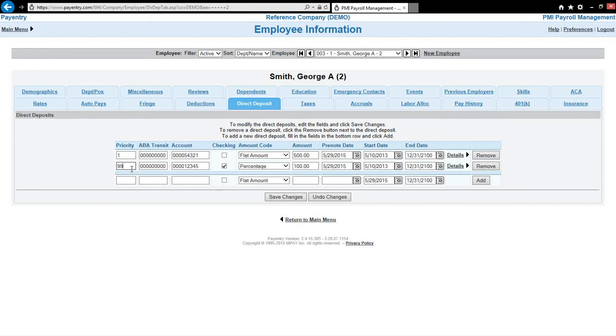If the employee has multiple direct deposits, start with a priority number of 1 for the first direct deposit, use a priority of 2 for the second direct deposit, and for the last direct deposit, use a priority of 99. The priority number indicates what order to send the direct deposits. So for this employee, $500 will be sent to an account ending in 4321. The last transaction to occur with a priority of 99 will be 100% of the remaining pay, and it will be sent to a checking account ending in